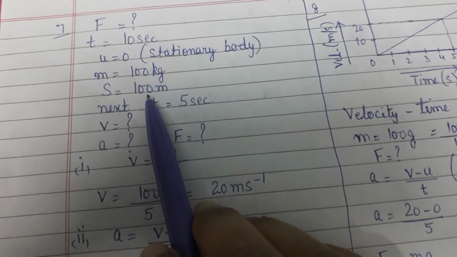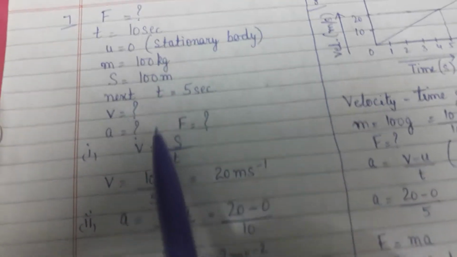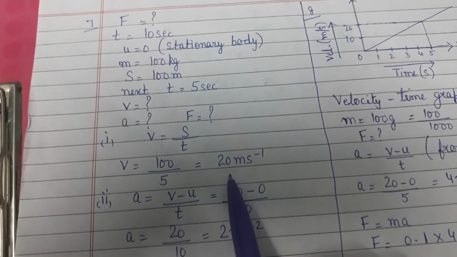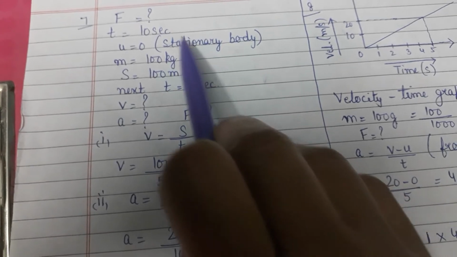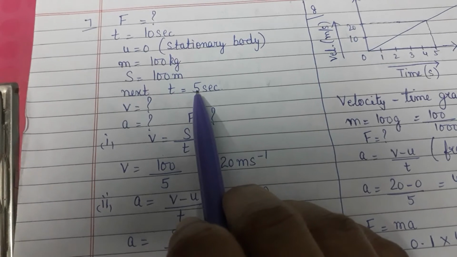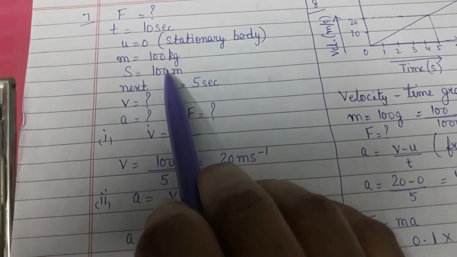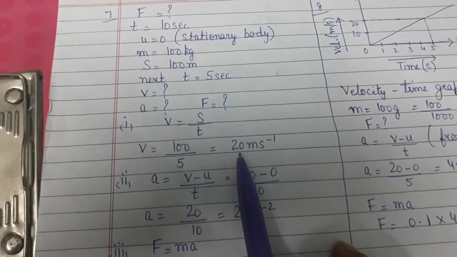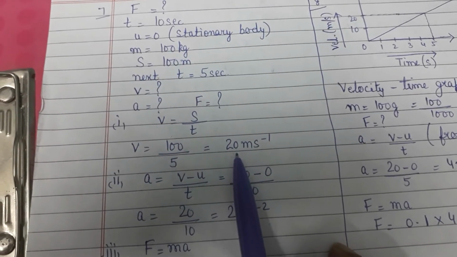Now, distance is 100 meters and time is 10 seconds. So, what is the speed working out to? 20 meters per second. That is, first it is stationary. For 10 seconds, the body is stationary. Then for the next 5 seconds, it is moving, covering a distance of 100 meters. So it is distance upon time. That is 100 upon 5. And that is the velocity, or the speed, of the body.